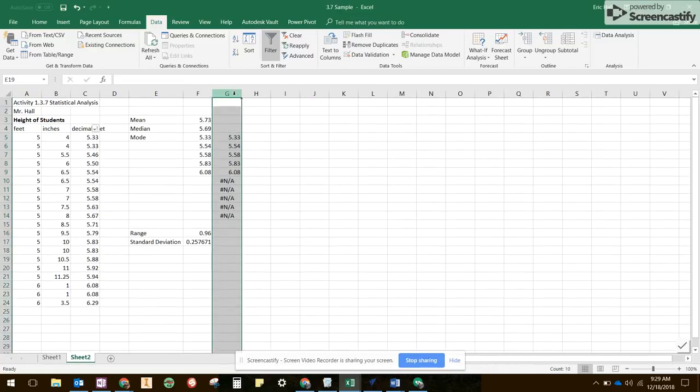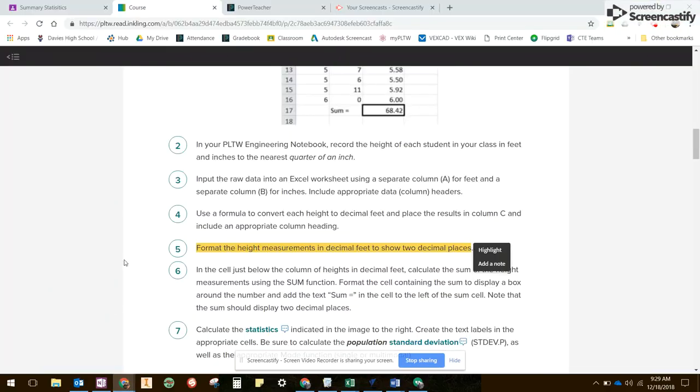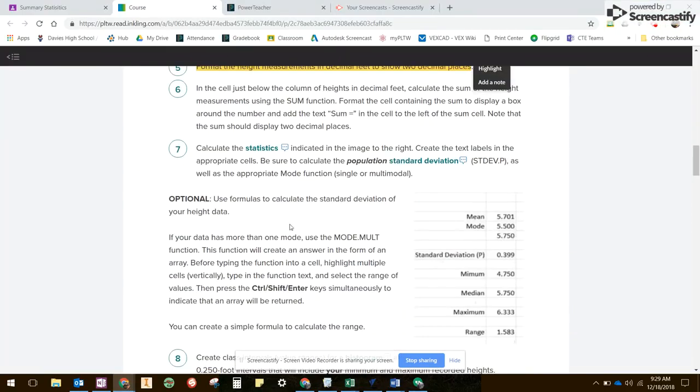I'll just do this whole column. So if I highlight column G, right click, delete, and now I have some more space. So I've done this work right here. If I want to move these so they're closer together, I can highlight these cells, drag them up so everything is together, and now I'm ready to move on to the next portion of the assignment, which asks me to,